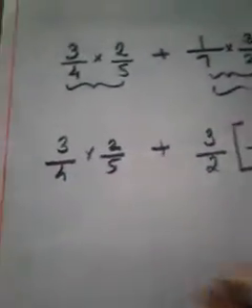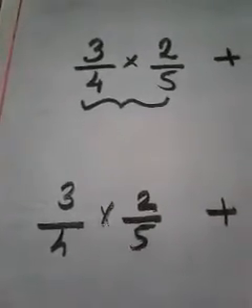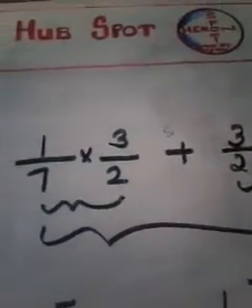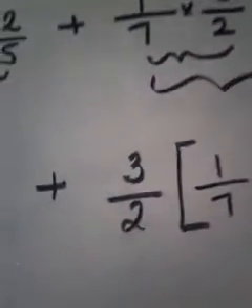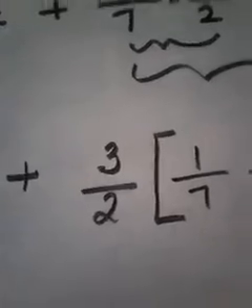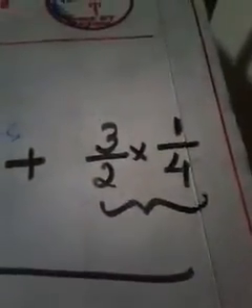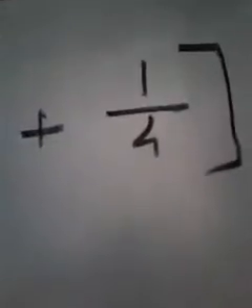Now just see. The first term is as it is, 3 by 4 into 2 by 5, and we found that in these two terms one common fraction exists, which is 3 by 2. So keep 3 by 2 standing outside. If you take 3 by 2 from this term, 1 by 7 will remain. Then this plus as it is. If you take 3 by 2 outside from this term, 1 by 4 will remain, just write as it is.